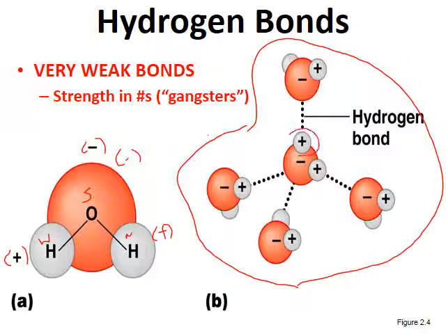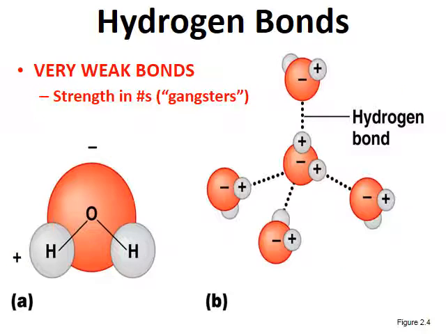And when dealing with this partial positive hydrogen that's right here, you can see that this other water molecule has oriented itself so that the partial negative section is next to that partial positive. Okay. And so there's going to be a weak force of attraction. These aren't full charges, these are partial charges. So there's going to be this weak force of attraction, which is called a hydrogen bond. And we indicate hydrogen bonds by drawing dotted or dashed lines, showing that they are very, very weak interactions.